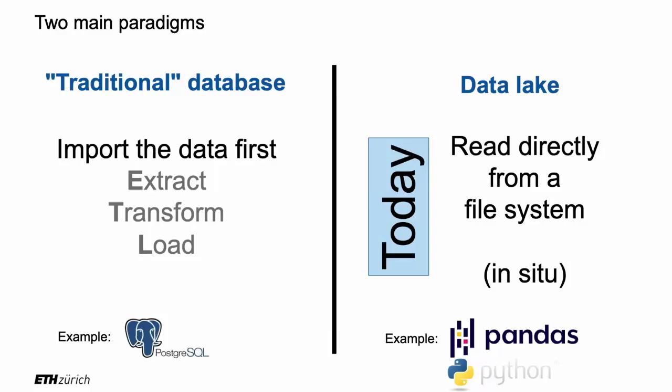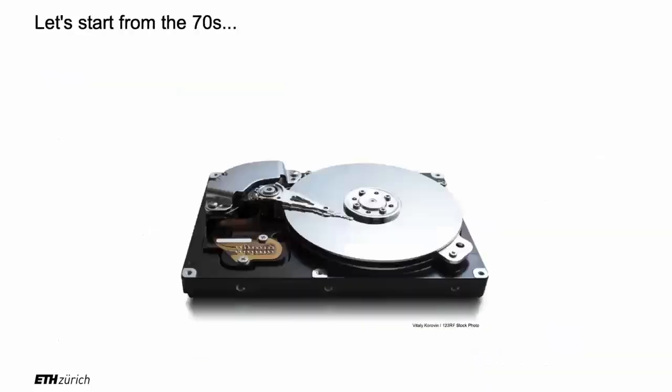By the way, you need to be aware that this is how it was done in the 60s before Edgar Codd, right? People used to actually do it the data lake way until the modern database systems appeared that took care of everything, right? And now with big data, something interesting happened because we took a step backwards and went back somehow to the way it was done in the 60s. I don't think it's forever. I think we will move back also for large quantities of data to the traditional system because it's much simpler to use and you don't need to worry about the details. But it takes a while, right? We're just seeing it in front of our own eyes that the technology is being designed. All right, so data lakes.